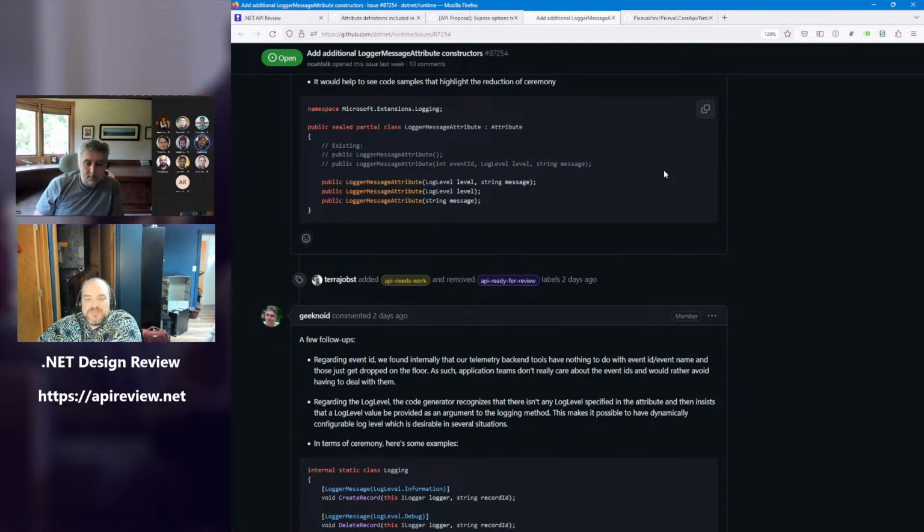Given that we already have one that takes an event ID, level, and message, it doesn't seem problematic to me. But it's problematic if we don't actually want people providing a custom message. Yeah, I think if there was the one universal pattern that people should be following, and we wanted to add the one constructor, and we go from one against-guidelines constructor to two,